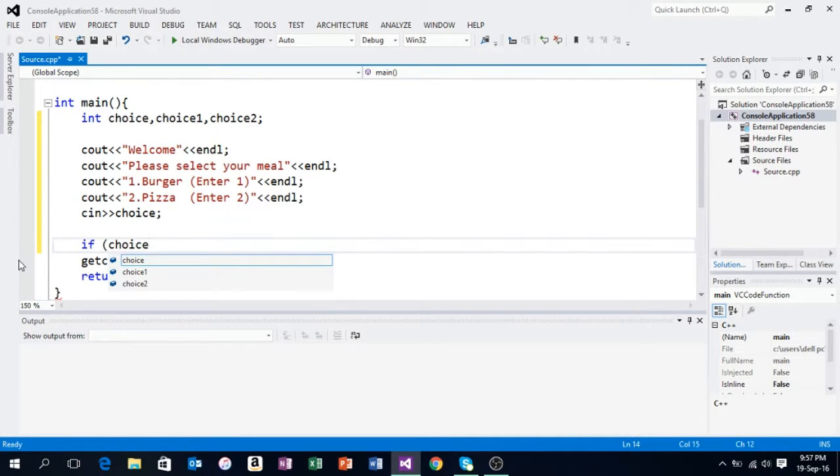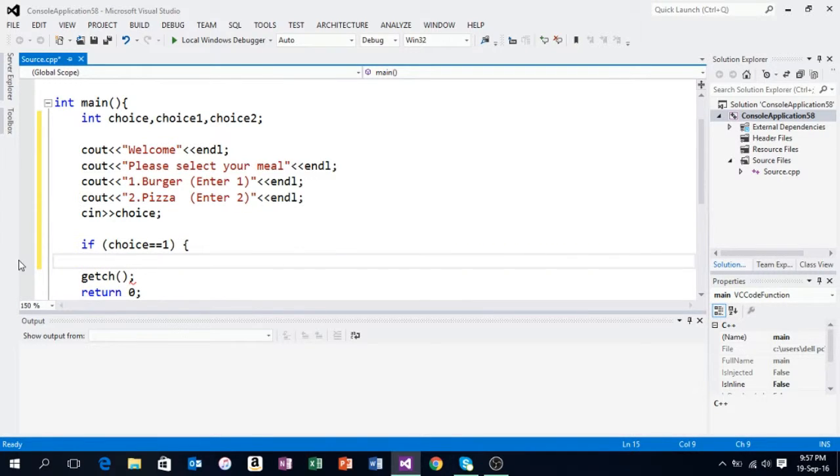and then here we're going to make a decision whether the customer selects 1. If choice is exactly equal to 1, then for that we'll use a curly bracket for the if statement. Then, if the choice is exactly equal to 1, we will further ask more questions for selection of the meal size. So here we'll write another if. No, not that. First display please select the meal size,